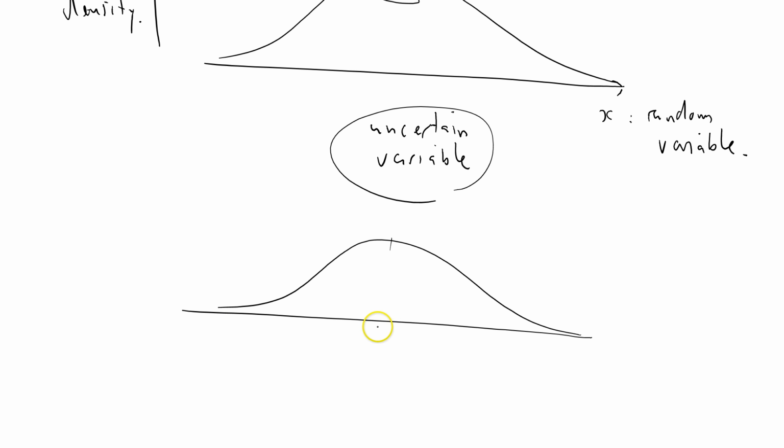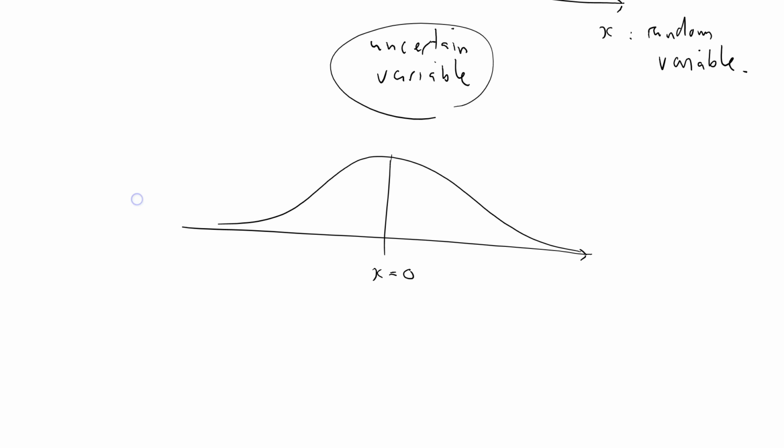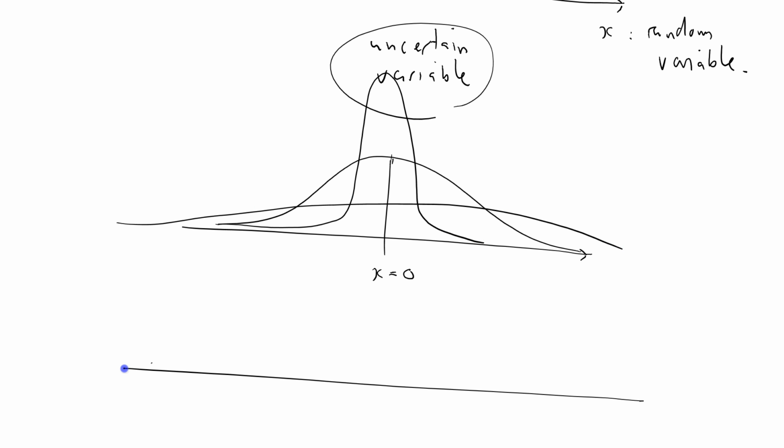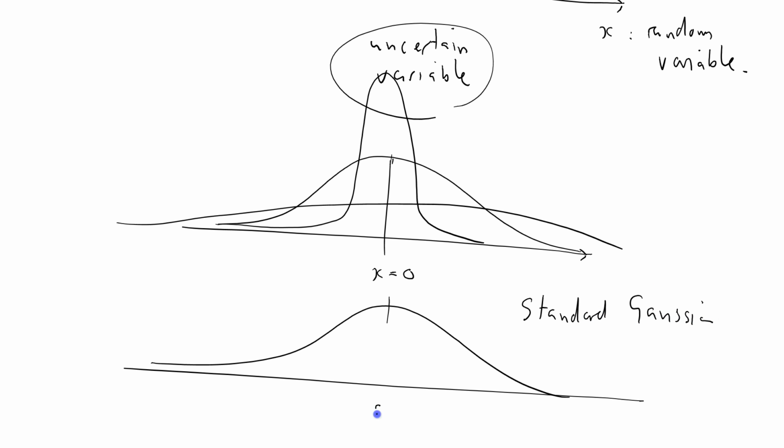Normally what you do is, if this is x here, you normally center it about x equals 0. And you can also control the width of this distribution as well, so you can make it a very narrow distribution like that, or a very wide distribution. So what you normally do is you consider what's called a standard Gaussian, which has got mean equals 0,